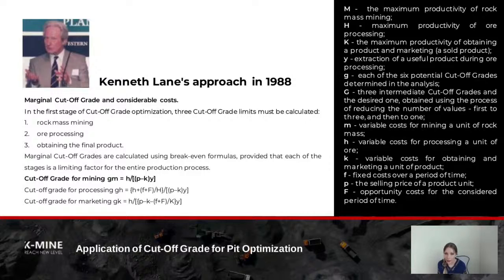It's mining of rock mass, processing of ore, and obtaining the final product. Marginal cutoff grade is calculated using break-even formulas, keeping in mind that each of the stages is determined for the entire production process. And also, Lane considers that there are costs that should be taken into account when calculating marginal